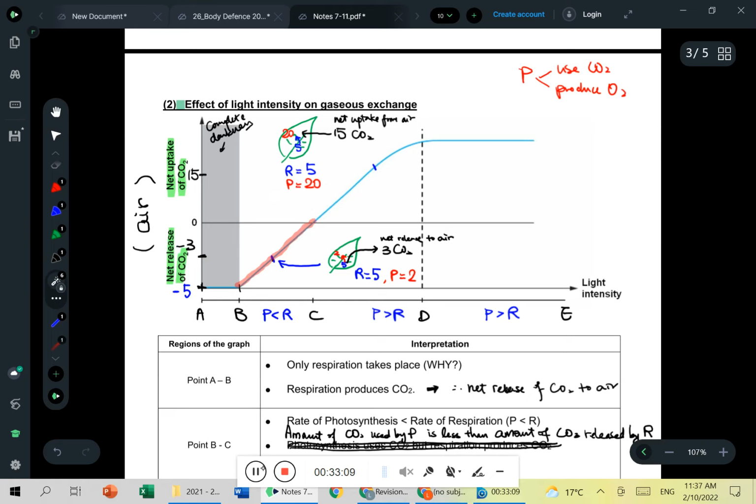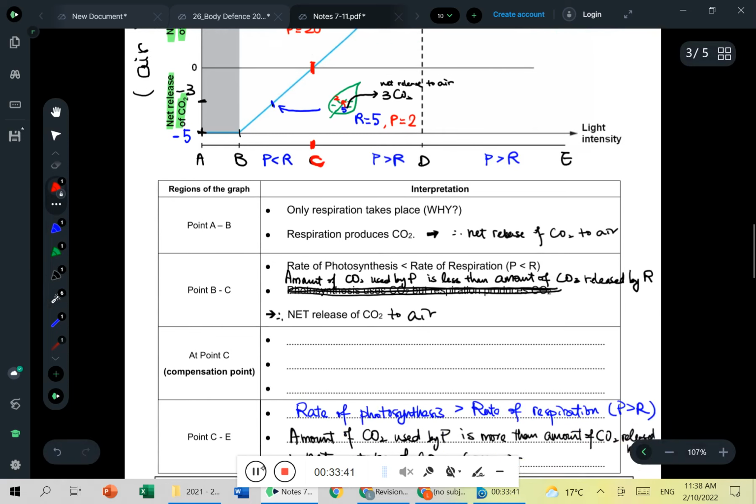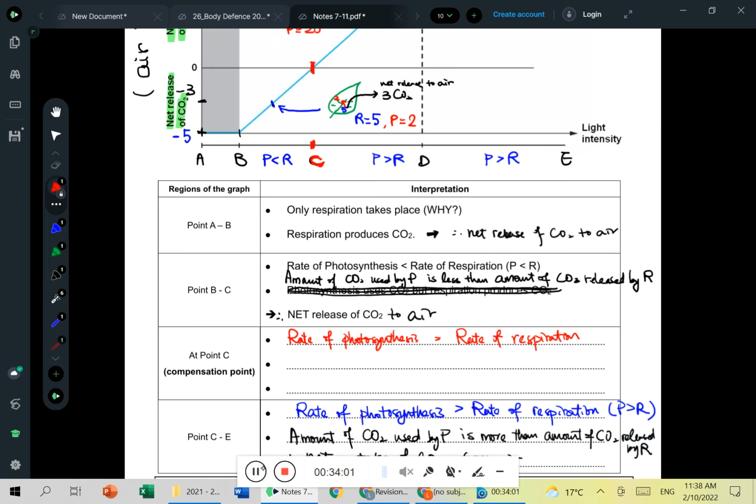咁即係話，隨住光度上升，會首先由 P 細過 R，慢慢光度夠啦，變成 P 大過 R，咁棵植物就會反轉自己個 gaseous exchange 啦。由唔夠光嘅時候，一路都係 release CO2 uptake oxygen。去到光度夠啦，P 夠快咯，就反轉啦，棵植物會 uptake CO2 release oxygen。OK，I mean in a net way。請問 C 有咩咁特別咧？C 就係嗰一刻，the rate of photosynthesis is just equal to the rate of respiration。